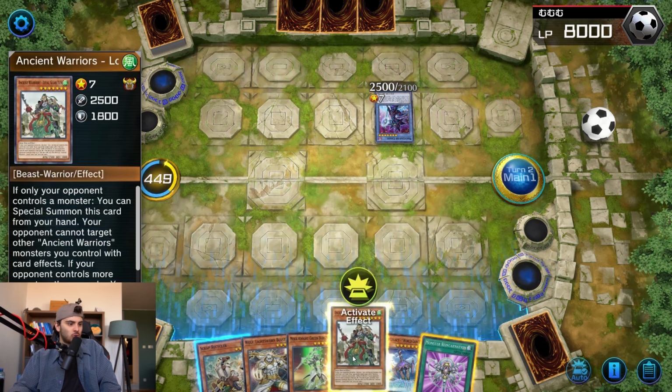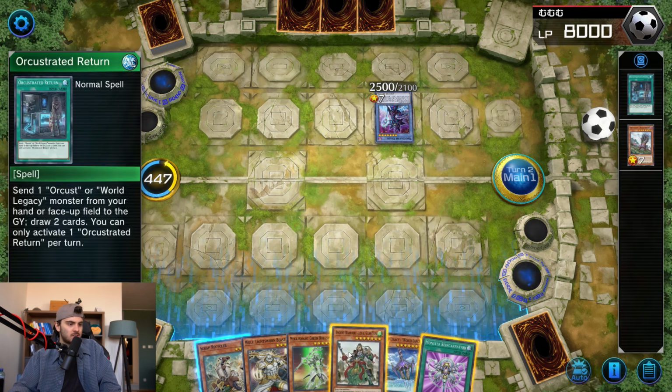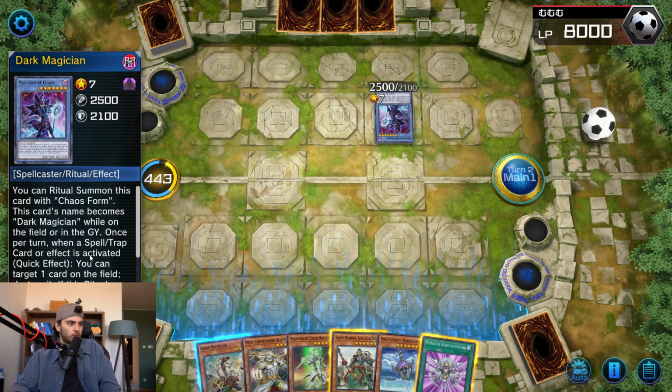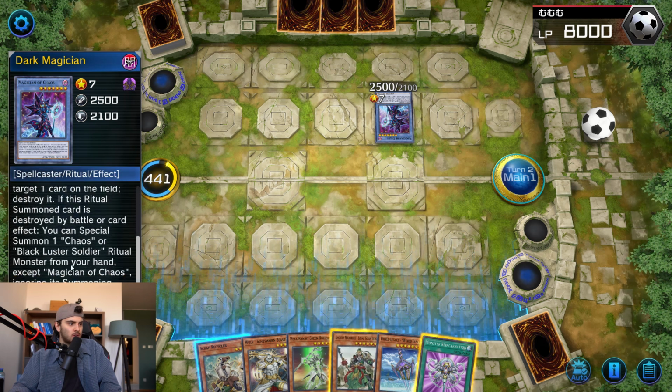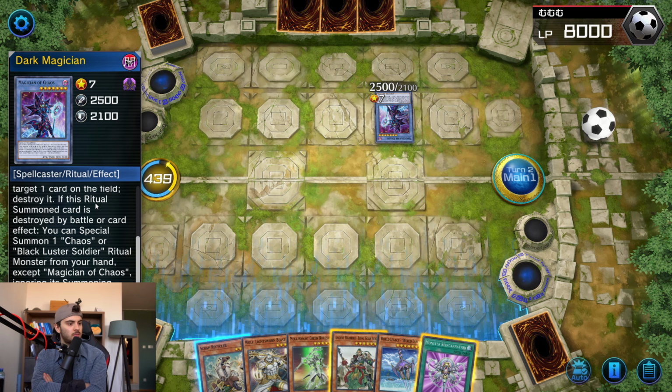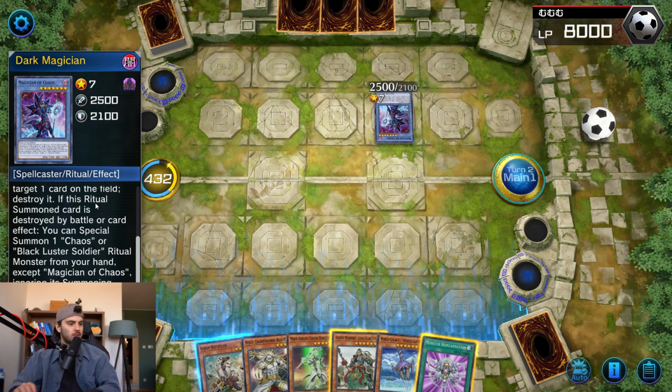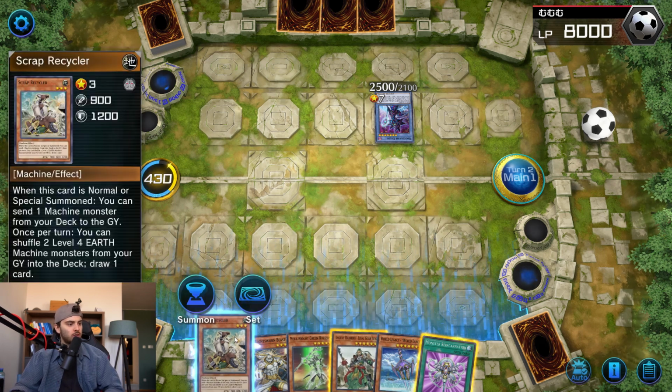This is a really good draw. This is a really good draw, yeah. We could special summon this and then go for battle phase. Oh, but they can summon then the Blue Eyes monster, right? That's kinda awkward. We could put...